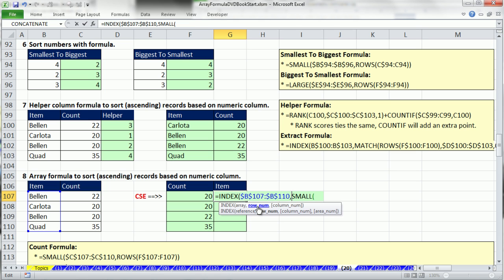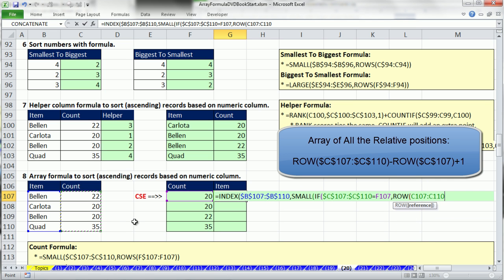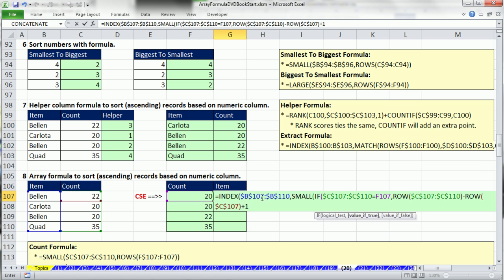Remember, small is delivering row numbers as we copy them down: the first, second, third. So we want ultimately just some of the row numbers. Right now, we want just the ones for 20, which would be relative position 2 and 3. So I have a condition here. I don't want all the numbers. Here's the column with our criteria. Now I'm going to say anytime it's equal to relative cell reference, 1 to my left, comma, and then value of true. It's the same old array of all the relative positions that we've been doing quite often. So the value of true, F9, that gives me all the relative